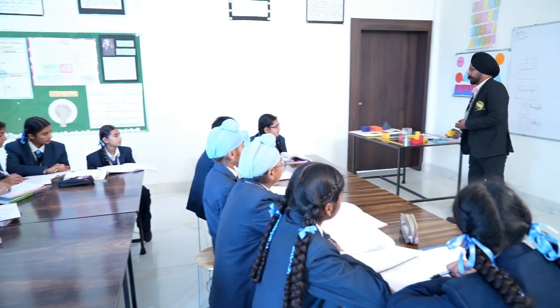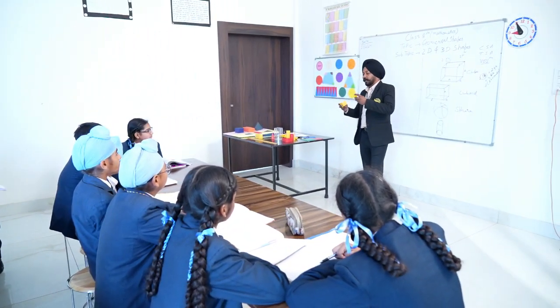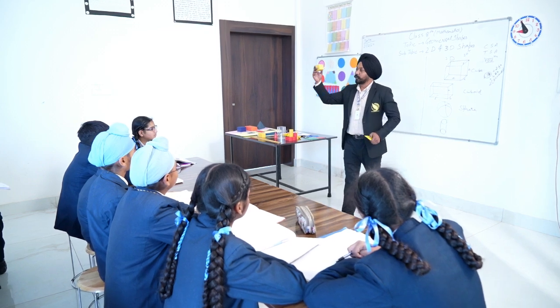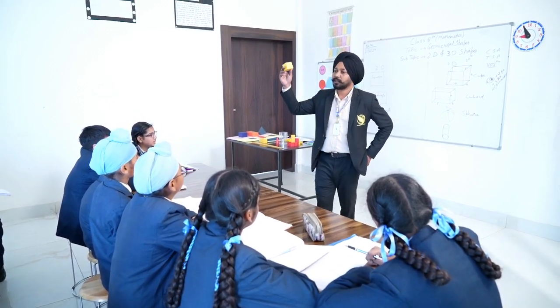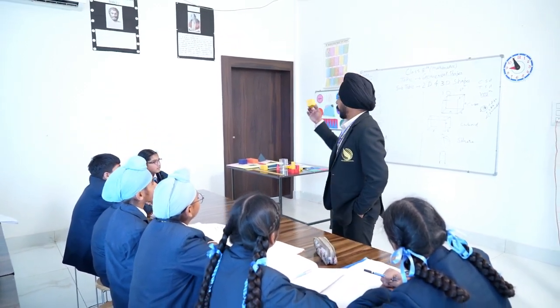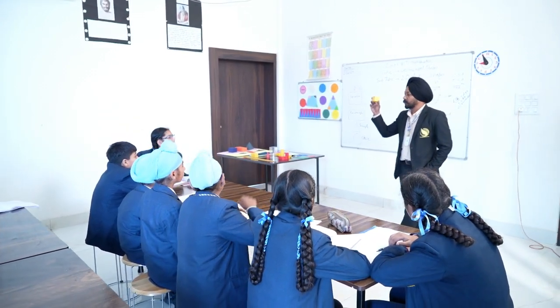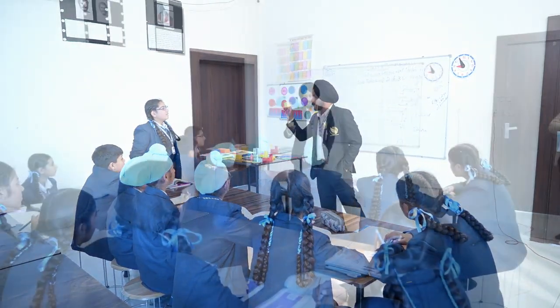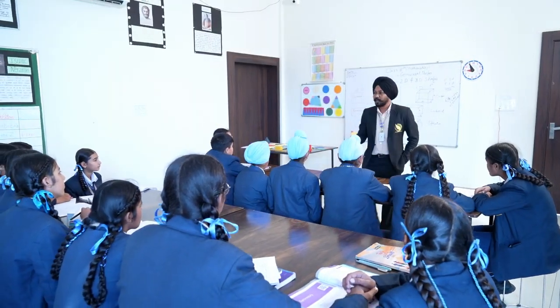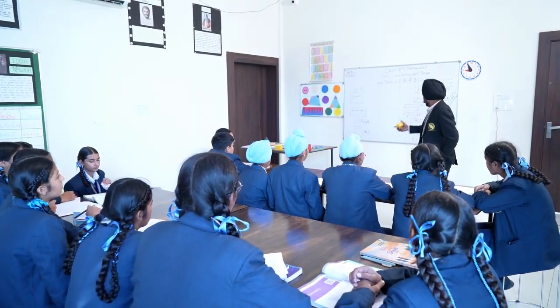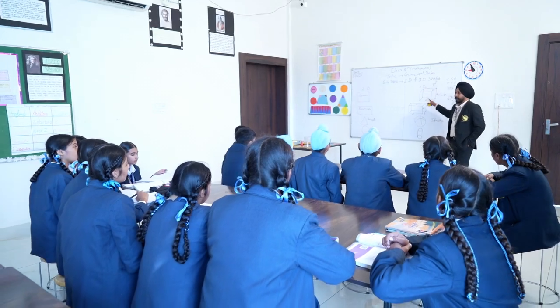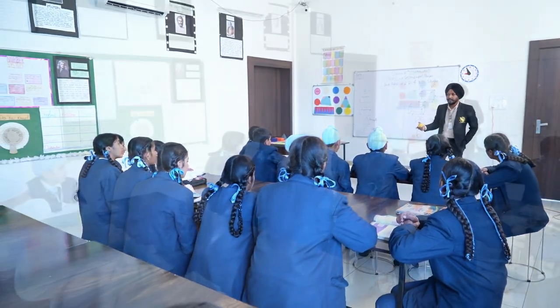From 2D to 3D, we will convert the 2D shape to 3D. So it is called a 3D shape. Can anybody tell me the name of this figure? Yes. A cube. The volume of the cube will be length, breadth, and height. It will be A times A times A, which is A cube, right?